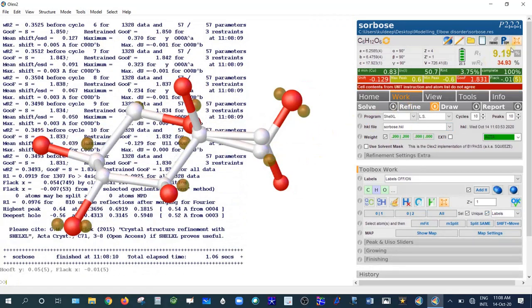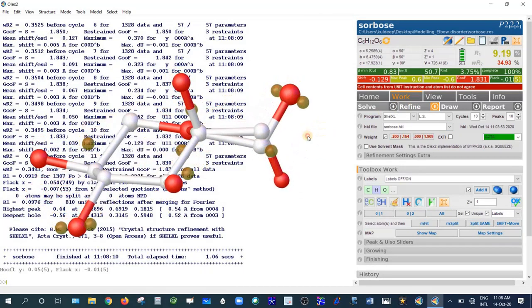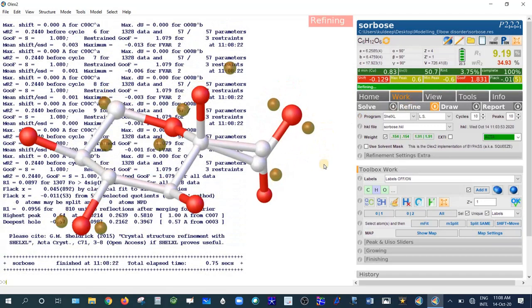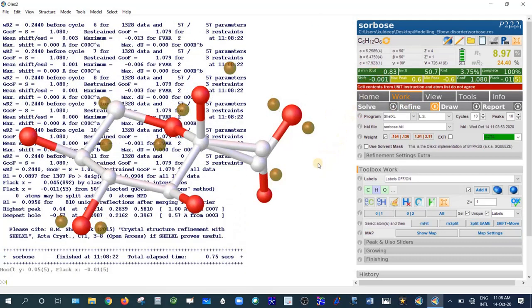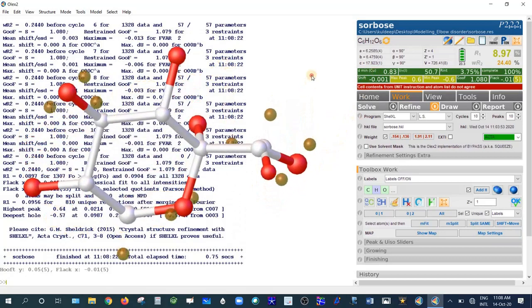Okay, now the R factor is around 9, from 14 to 9, it has decreased. Now the shift is not 0, so refine one more time. Now shift is 0.